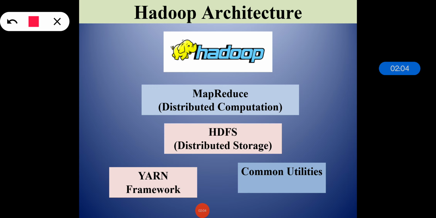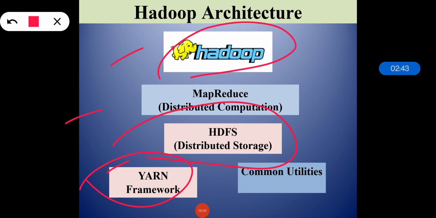So talking about the four components of the Hadoop framework, we will start with HDFS, the Hadoop Distributed File System. It is a distributed file system which stores the data on commodity machines, providing very high aggregate bandwidth across the cluster. Talking about the Yarn framework, it is also called Hadoop Yarn. It is a resource management platform which is responsible for managing computing resources in clusters and using them for scheduling of users' applications. Then Hadoop MapReduce.